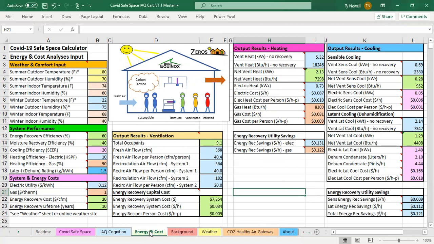And its emphasis, its basic view, is on the cost for, say, enhanced ventilation per hour per person so that we can compare what, for example, doubling fresh air ventilation means as far as the utility cost in a harsh winter climate, in a harsh, hot, humid climate, relative to human performance and human value. So where the average wage in the US might be $25 an hour, what this sheet is going to tell you, when you double the ventilation level